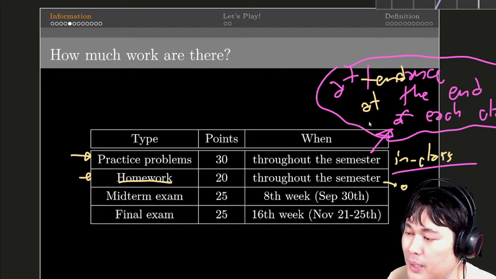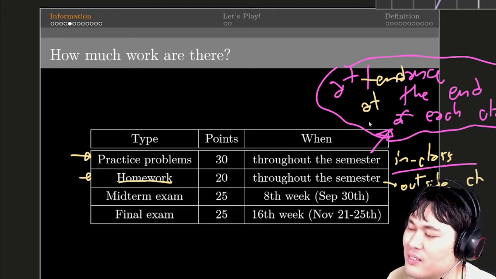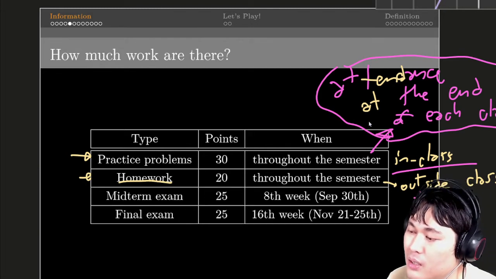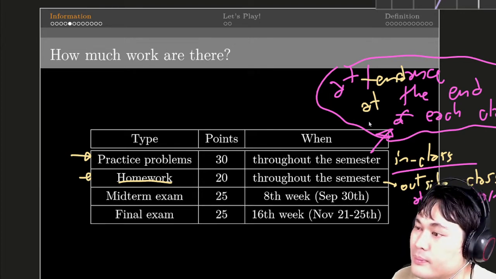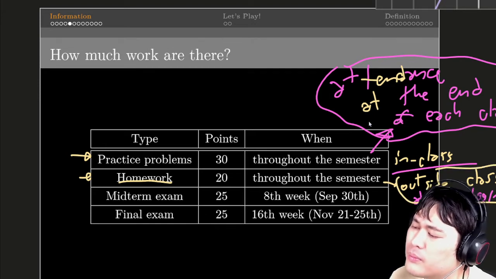So this is outside class. The beginning. And again, we will see that I'm starting from,